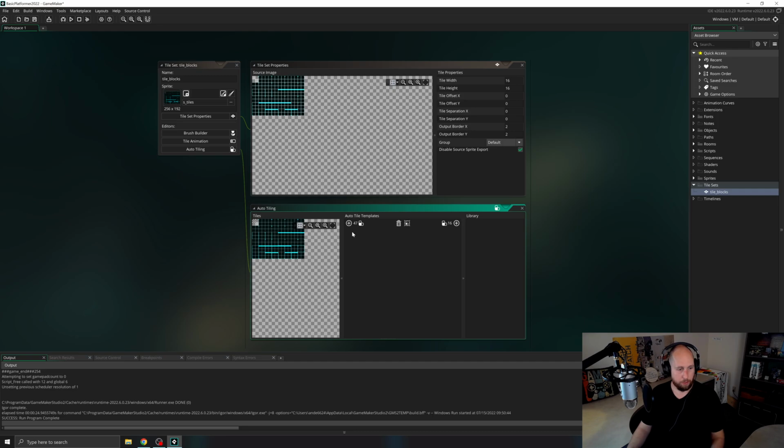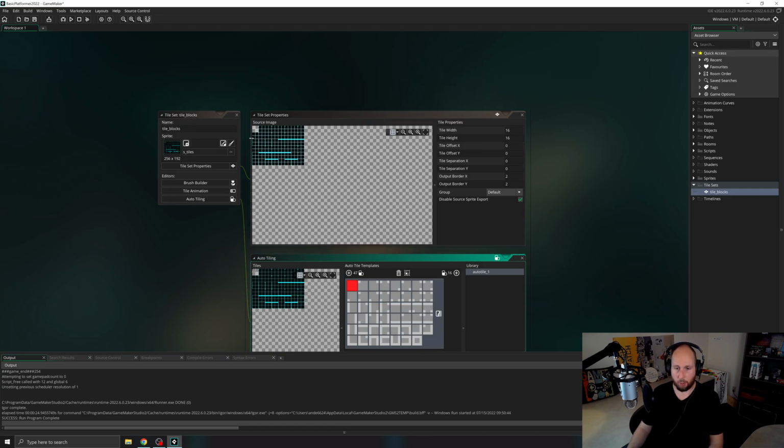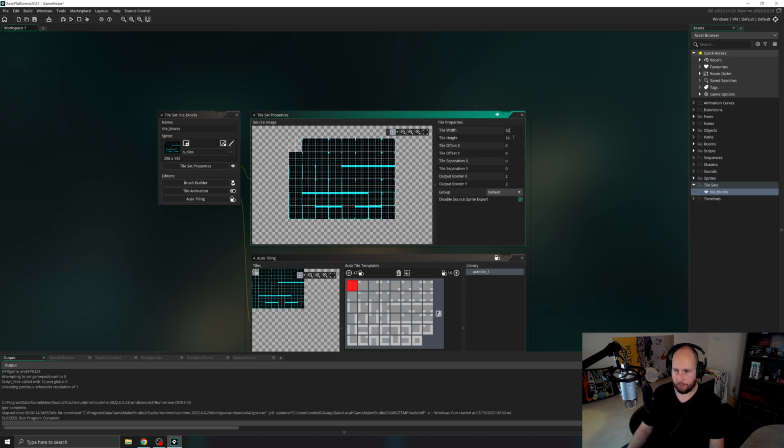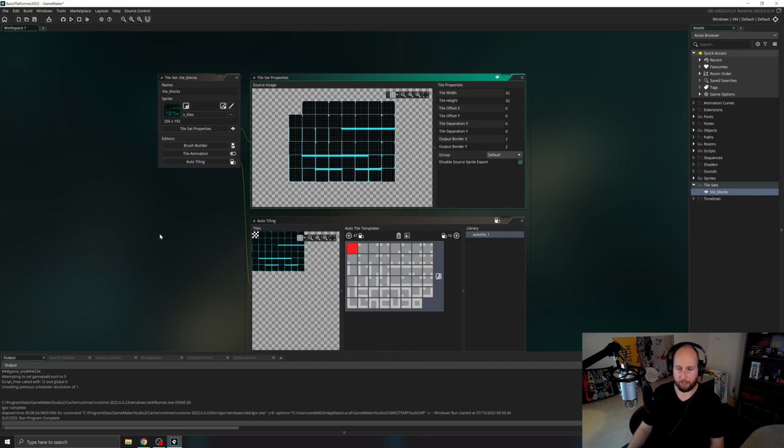So we are going to click this plus symbol here. And GameMaker will let you assign which tile should be the floor, wall, corners, etc. Now, before we do that, I need to go up here and I need to set this so it's correct. These tiles are 32 pixels wide, 32 pixels high, and there we go. That's the correct size for everything on this grid. Then if you go down to auto tiling,